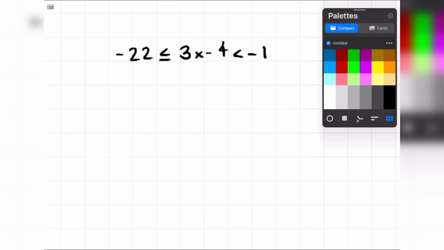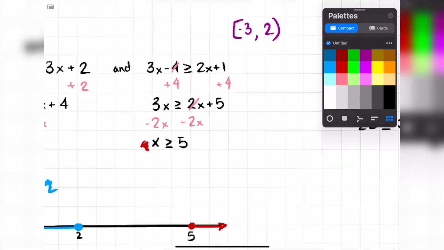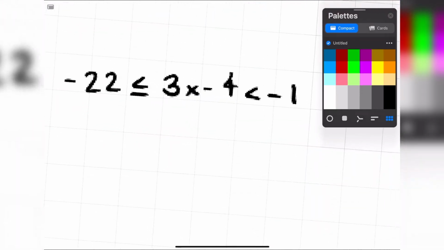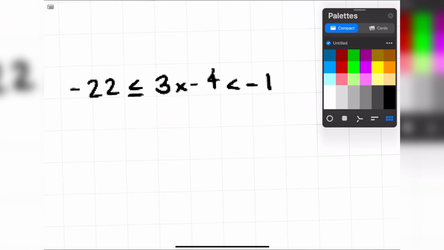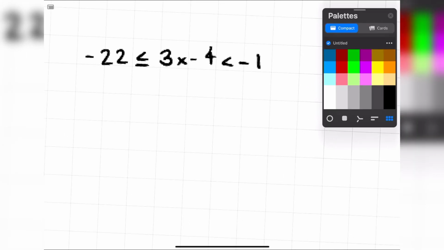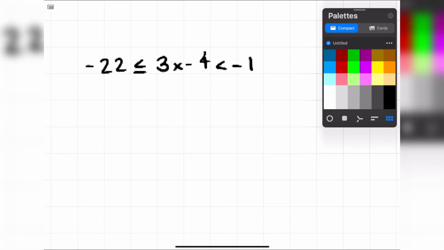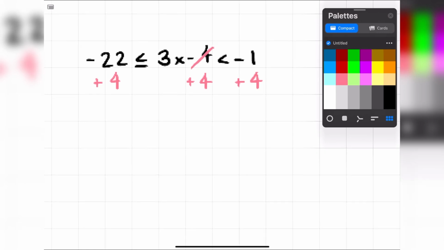The only thing you want to do really is make sure the x is by itself, so that way we can solve it like the previous questions, right? So unlike the previous ones where whatever you do to one side, you do to the other, whatever you do to any side, you do to all three, right? So it's a uniform change. So here we're going to add 4 here, we're going to add 4 here, and we're going to add 4 here. It'll cancel out this 4, and then it'll leave us with